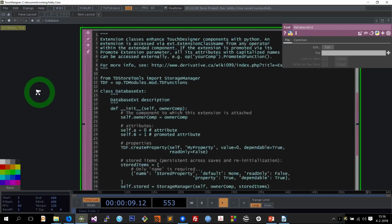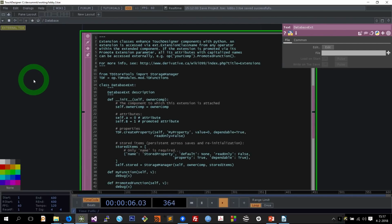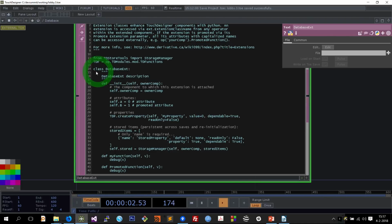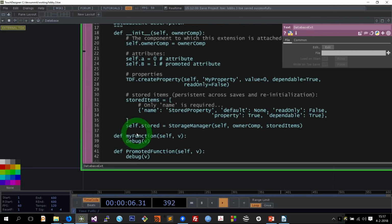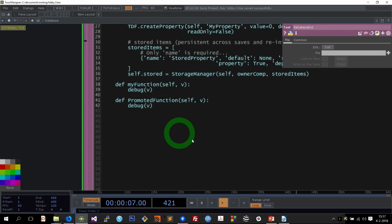Can you read it? Okay. They sort of filled it already with the basic stuff. I'm not sure how much into Python you guys are, but this is a Python class. It's a database ext, has a description and def init, which means that the function will always be run when the class is initialized. It has set some attributes. In the beginning, this is all the sort of storage stuff, and below here are the functions. My function is with a small letter, which means it's only accessible from within this piece of code. You have a promoted function with a capital P, which means you can call it from everywhere else. Well, in our case, we want to have a promoted function because in the beginning, in our